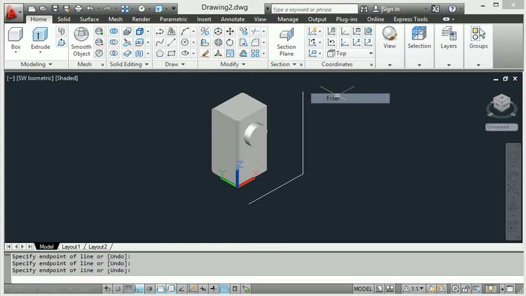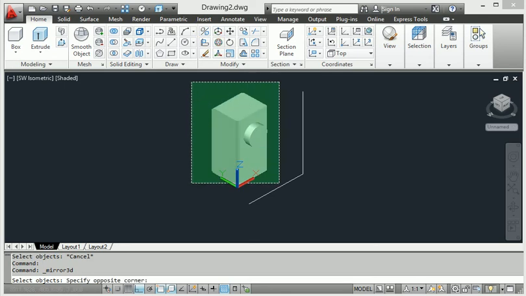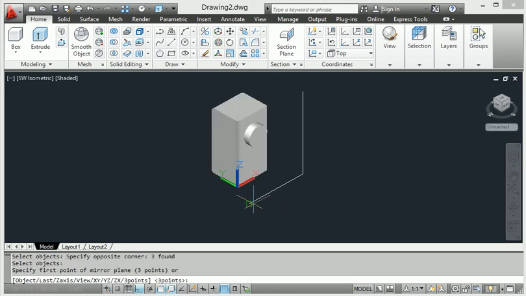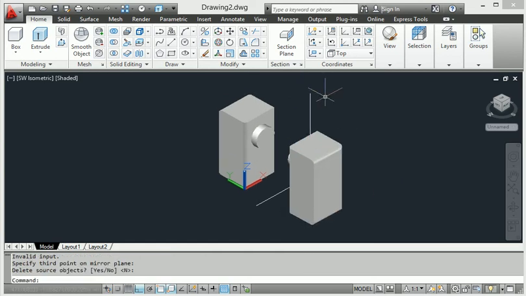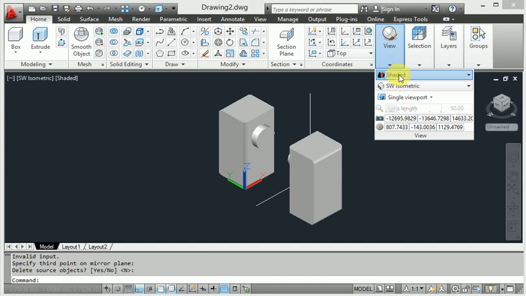So generally when I want a mirror here, first of all make the 3 points, this one and this one and this one. When I go to mirror, select all objects and press Enter, then the first point, second point, and third point, and after Enter. So look at this, it is very easy to create whatever is in our line and make it for the mirror here.